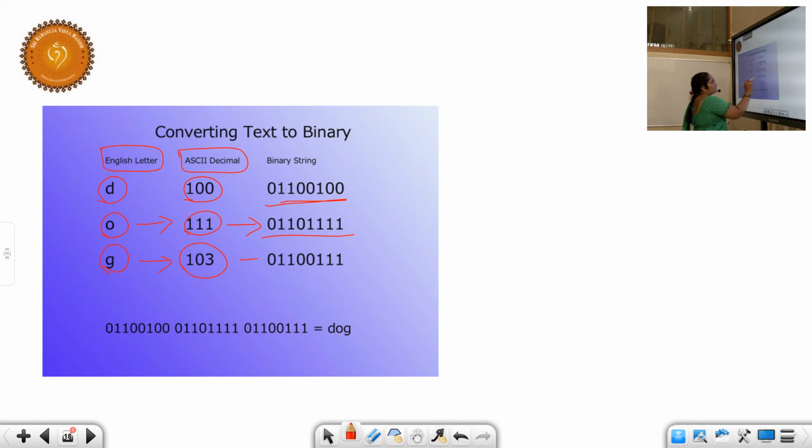In the same way Z. So the total code will be here. So we are giving only the words or only the letters we require. But in the internal process, the computer converts these by using this ASCII table, and it converts the value into a binary string. So the information stored in the computer will be in this format, and we know only the word dog as the user.